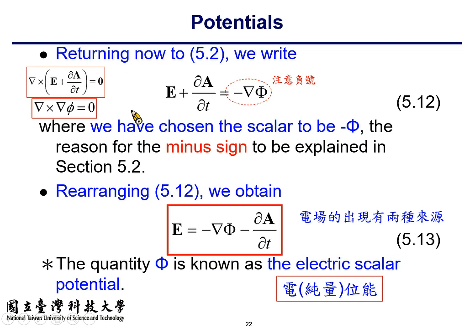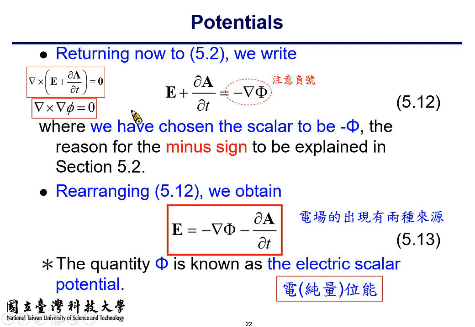Here we add a minus sign over here. That doesn't matter, because this thing equals 0, this thing equals 0 as well. So we add a minus sign. That doesn't hurt. Okay? So if you do this